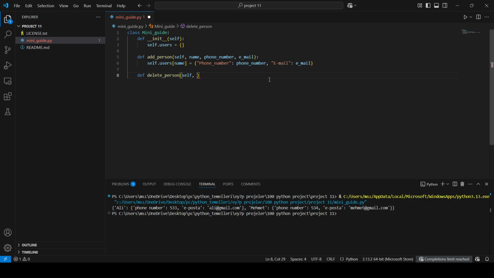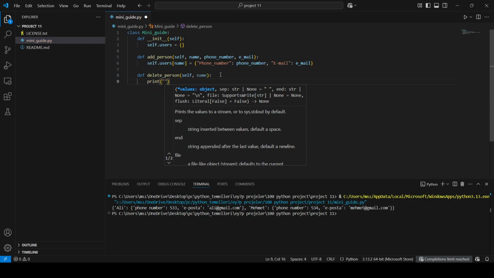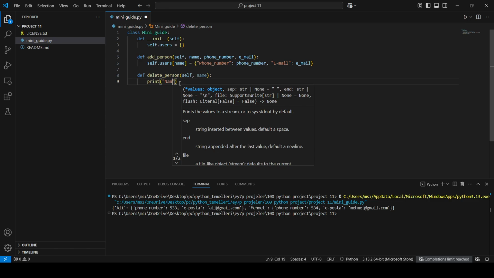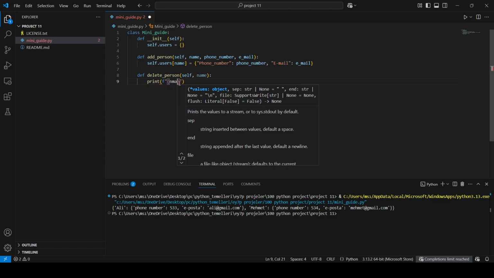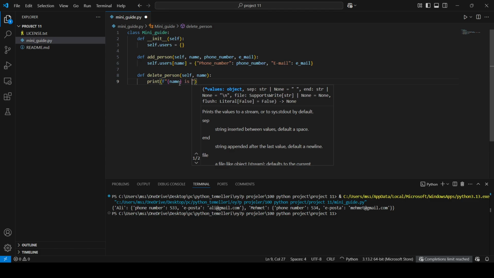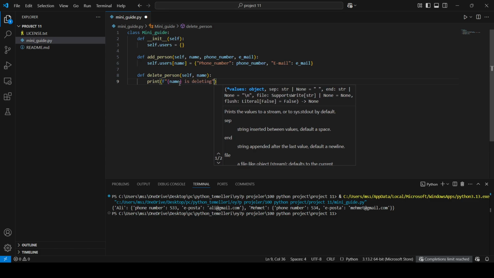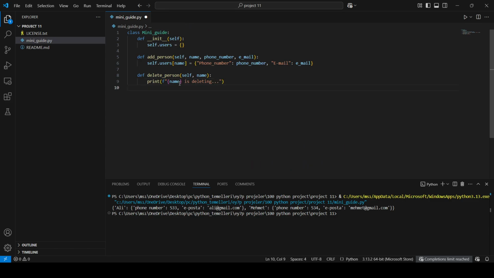I will call it here. We will take name as parameter and then we will just call. First we should print who we are deleting. So name, name is deleting. If